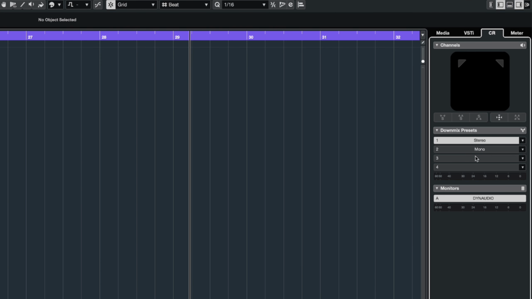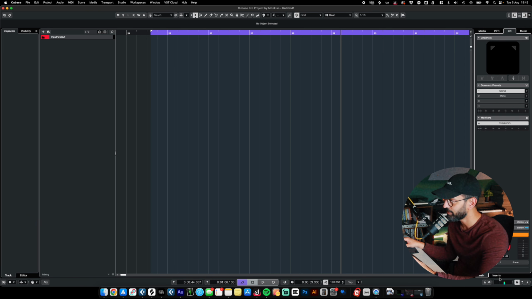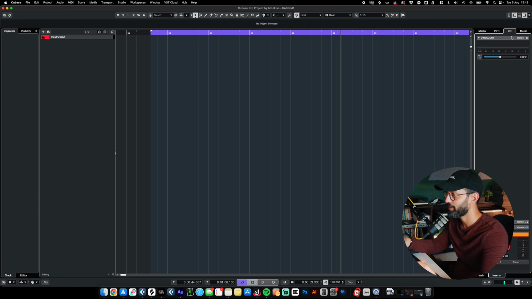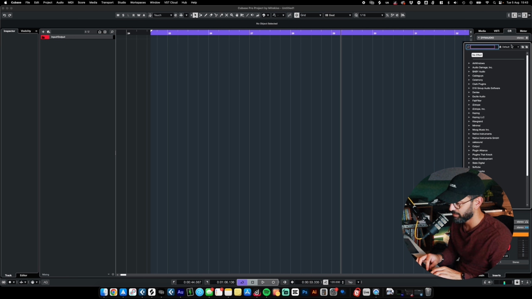You can see we've got little presets here. We can add some more. We can have multiple monitors so we can switch between speakers. Lots of clever routing you can do. The inserts on the control room only affect the very last point before it comes out your speakers, so they won't get bounced or printed onto your mix, which is really useful if, like me, you use something like